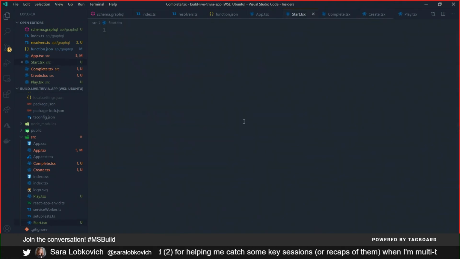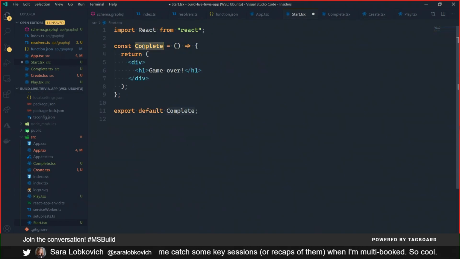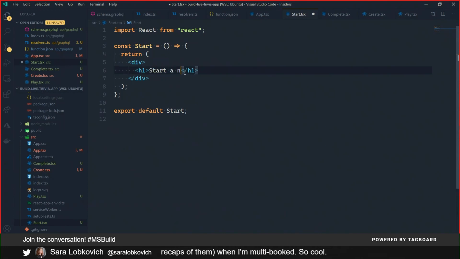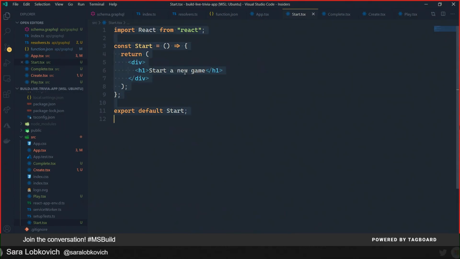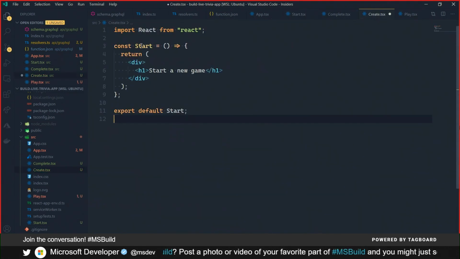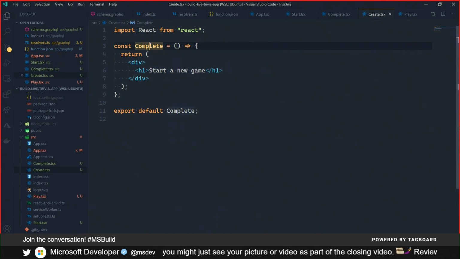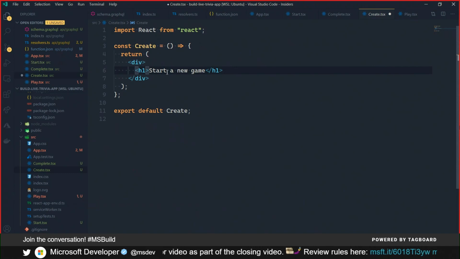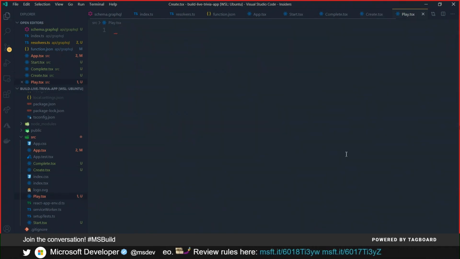And then we'll jump over and we'll just drop this into start, and we'll say start a new game, and where we're going to go create, we go up here, F2 to rename that complete, and whoops, sorry, that was create. I'm forgetting where I'm at in the code base. So we go create, and we go create a game,